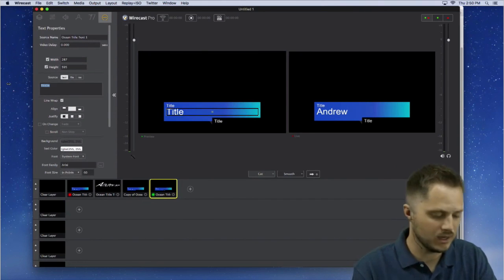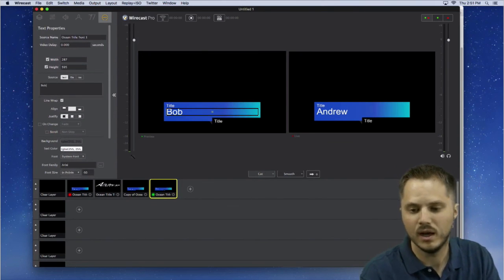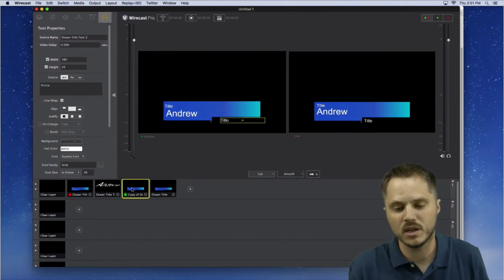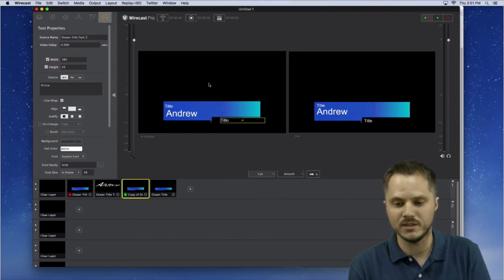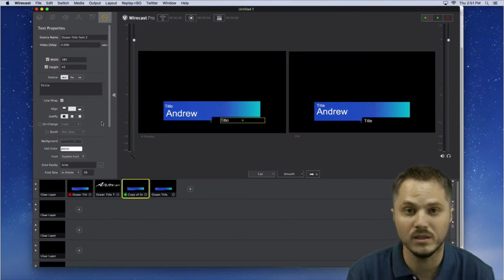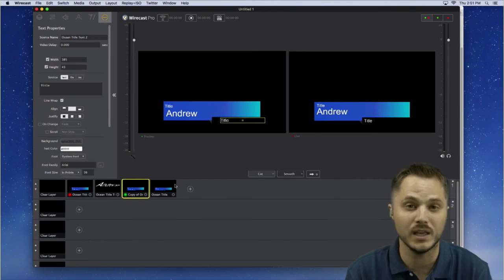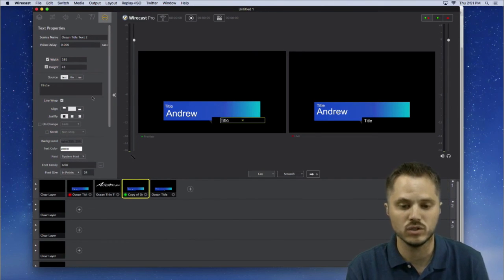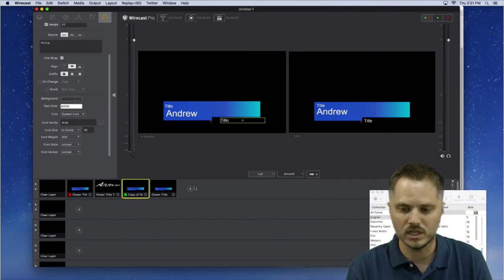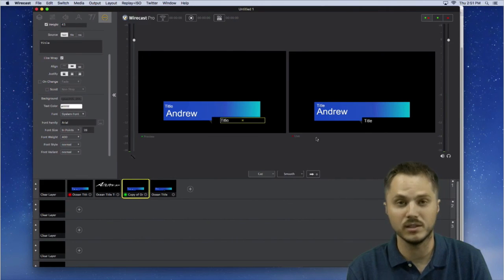So now if you edit it to say Bob, you're not going to affect your previous shot. Now there's some problems with that, because if you tweaked any of these settings, you'll have to just tweak them again. You can't copy and paste those settings. I guess you could copy and paste some of these things, like I don't know if you can select Arial. Looks like not. You'd need to change it that way and use the font tab here, and just make sure you set it identically between all those.